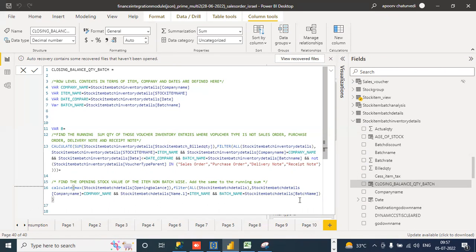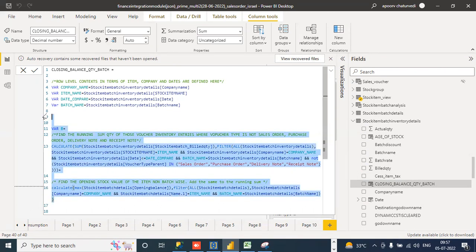So your invert quantity team at this level